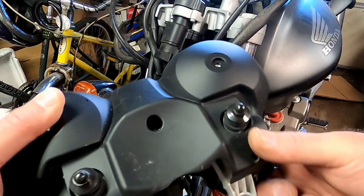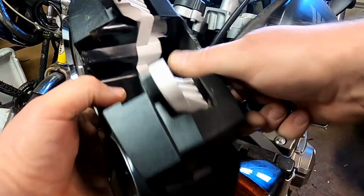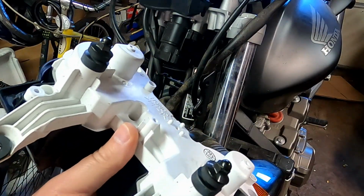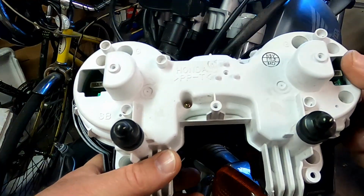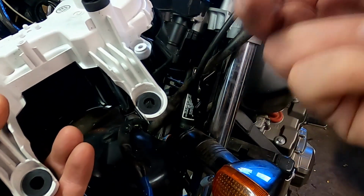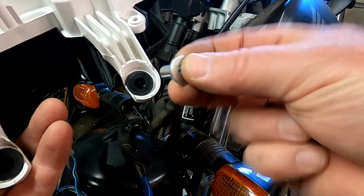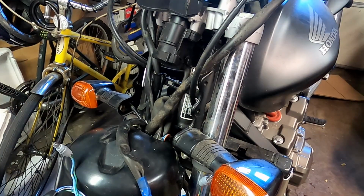So a couple things I wanted to show you now that we have the instrument cluster off with the backing removed. If there's anything internally wrong in the cluster itself, just replace the whole assembly, because removing these screws only gets you to electronics. What I wanted to show you is these little bushings that are in the rubber sleeves for the mounts. And then the other thing I wanted to show you